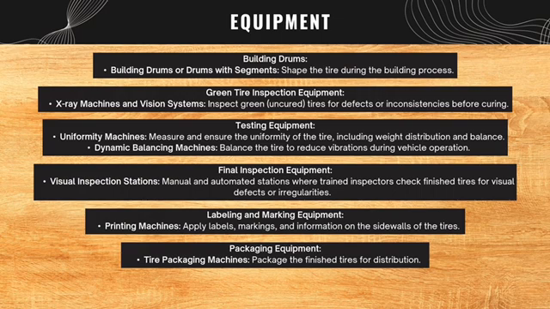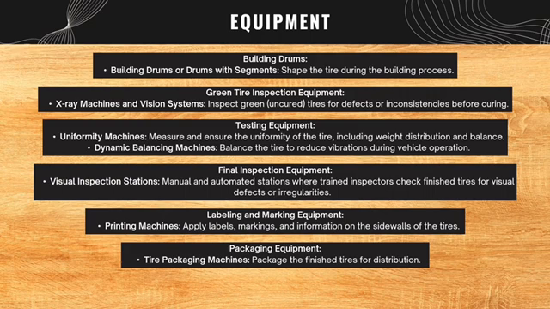Dynamic balancing machines balance the tire to reduce vibration during vehicle operation. Number 10, final inspection equipment, visual inspection stations, manual and automated stations where trained inspectors check finished tires for visual defects or